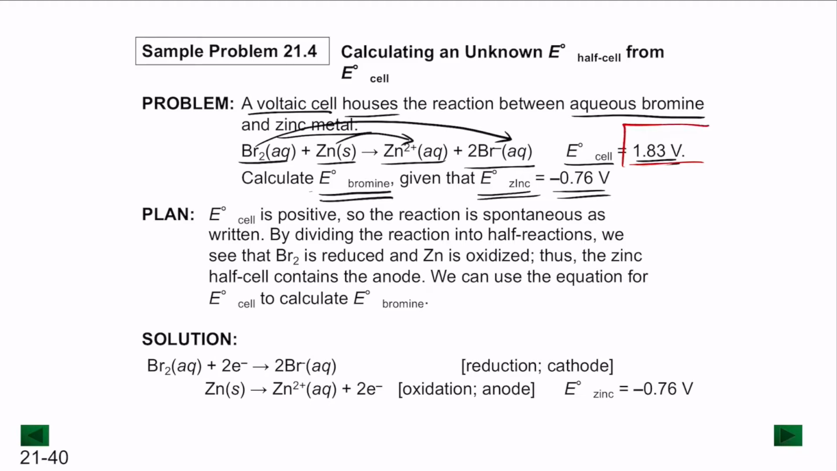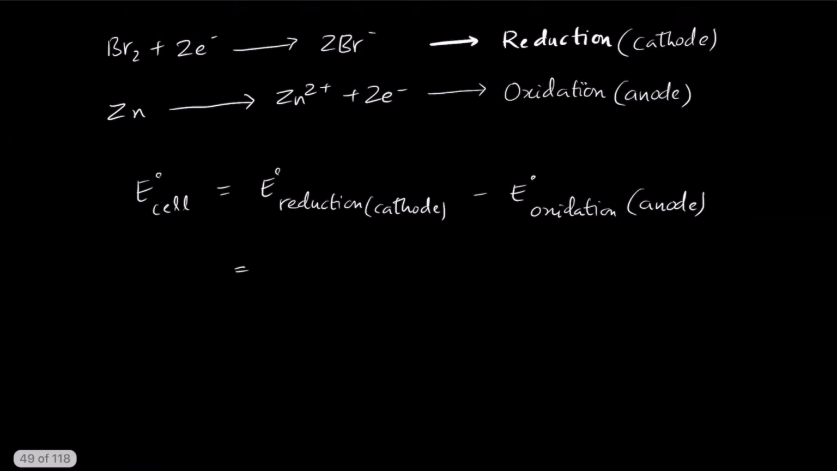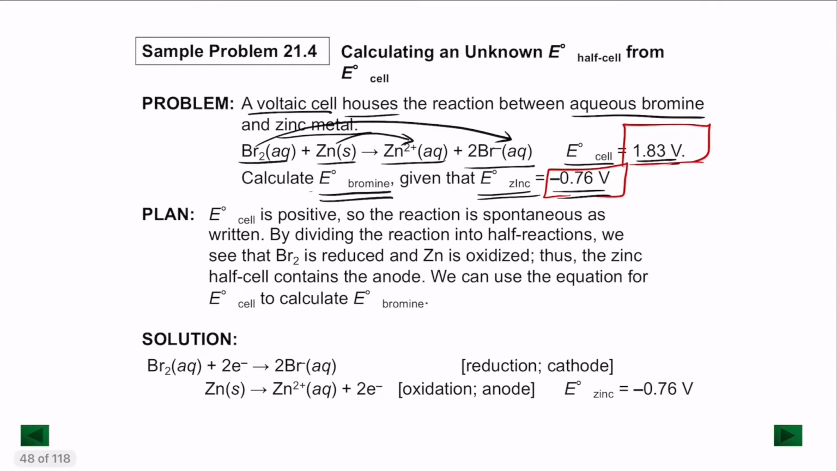They have given the total cell value as 1.83 and the zinc value as 0.76. The reduction is occurring for bromine, so we can write that this value here is for bromine minus E value for zinc. So this is the cell potential formula. The cell value is 1.83